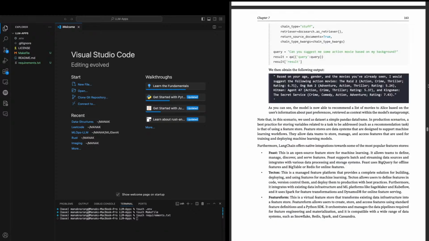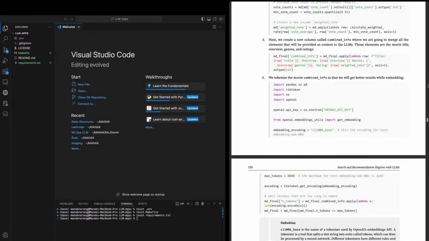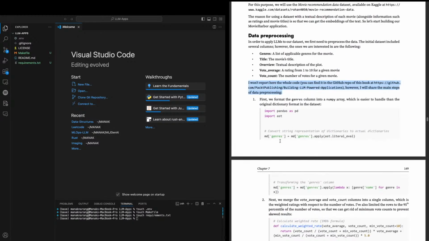So they are probably making two sort of these movie recommendation systems. We'll obviously look into this and try to make that too.